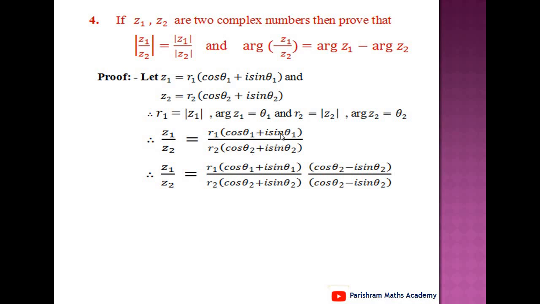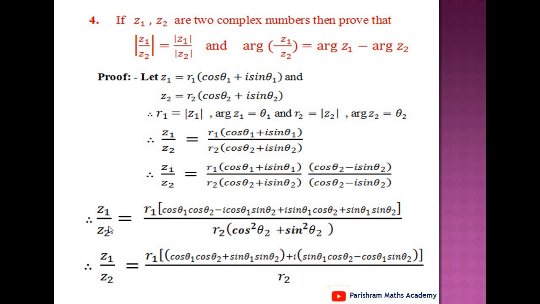To simplify this complex number, we can multiply and divide by the complex conjugate of the denominator, that is cos of theta 2 minus I times sin of theta 2. Therefore, we can simplify Z1 upon Z2 equal to R1 into the product cos theta 1 into cos theta 2 minus I times cos theta 1 into sin theta 2 plus I times sin theta 1 into cos of theta 2, last term minus minus plus sin theta 1 into sin theta 2. The value of I square is minus 1, therefore minus minus last term is a plus term, upon cos of theta 2 plus I times sin theta 2